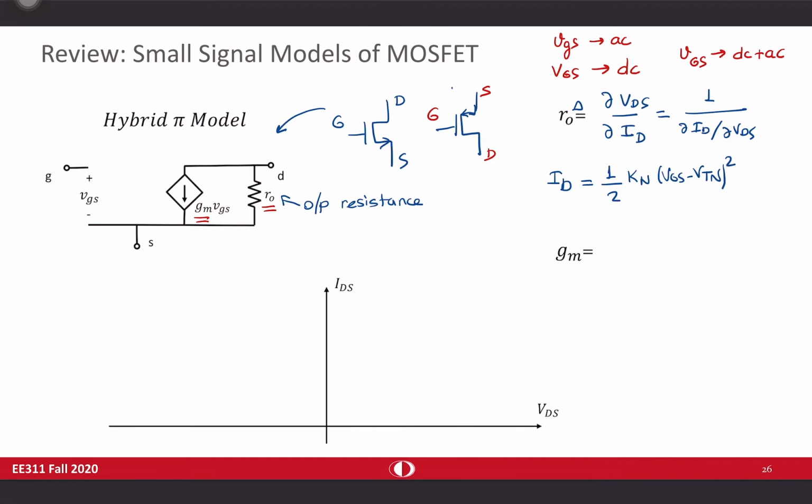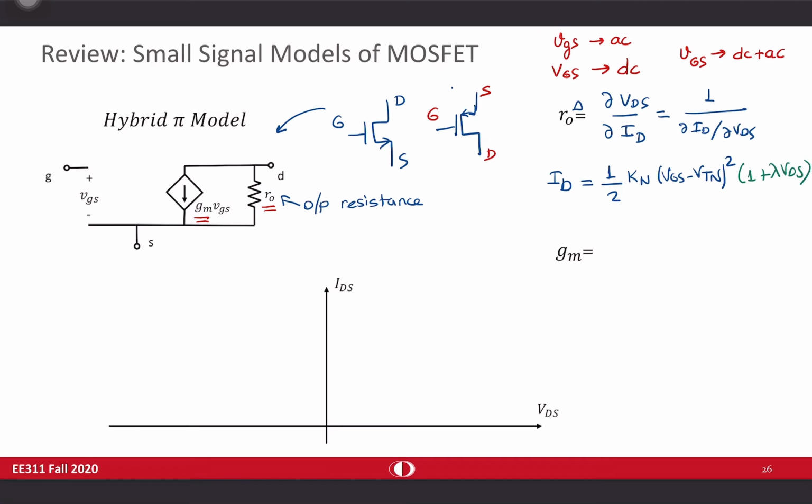So this is the expression that we were using before. And as you see, it doesn't depend on del VDS, which means that this derivative is 0. And therefore, R0 goes to infinity. But we ignore something in here, right? Which is channel length modulation. If you put channel length modulation back in this expression, 1 plus lambda VDS,